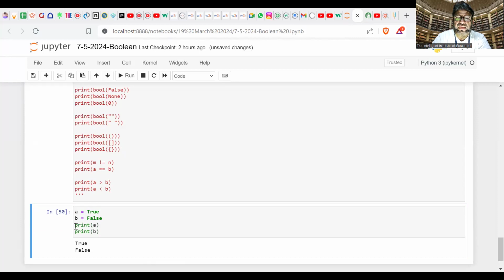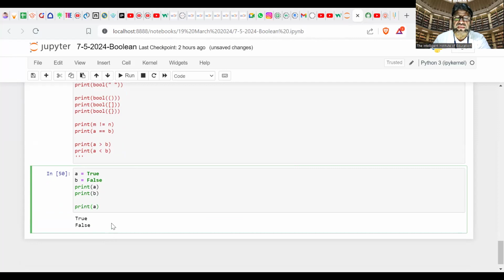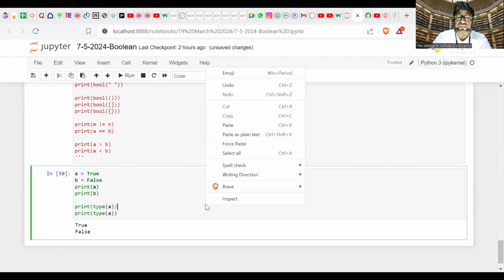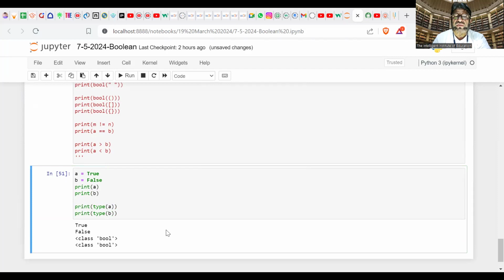Fine. Now again I will do it with the help of the type command. Control V, and here I am going to write type. Fine. And now I am going to copy this one, in this way we can save our time. So paste it here, and in place of A I'll make B. Now see, we got type A means the class is Boolean, and B also